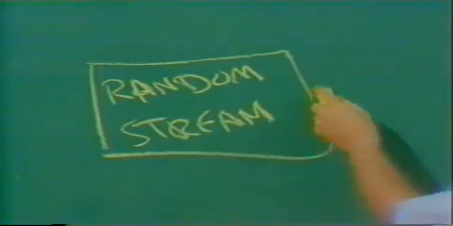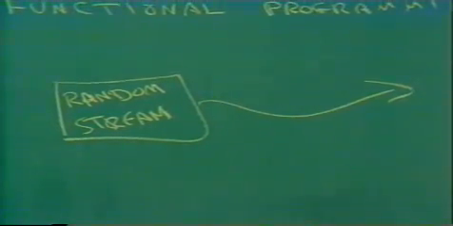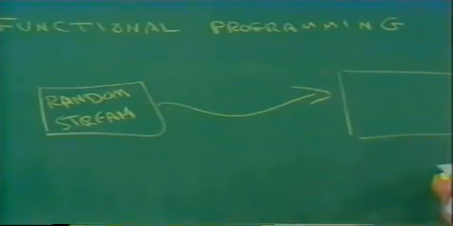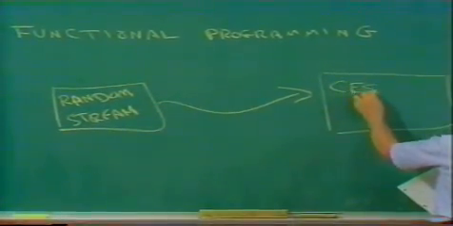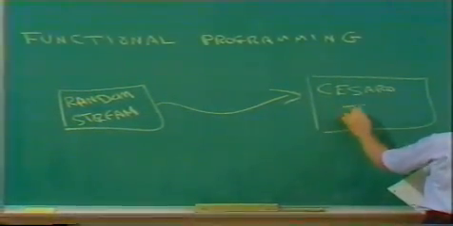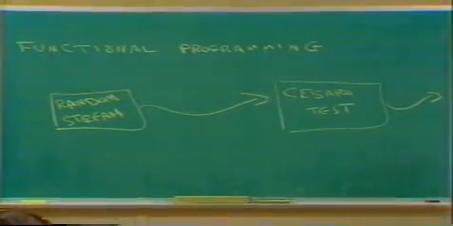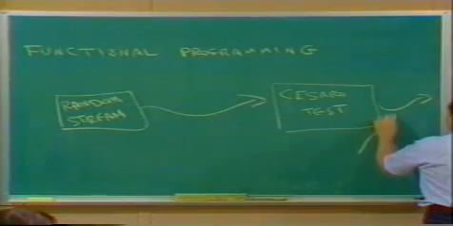Right? And we can sort of have that stream all at once. And that's going to be our source of random numbers. And then if you like, you can put that through some sort of processor, which is, I don't know, a Cesaro test. And that can do what it wants. And what would come out of there would be a stream of